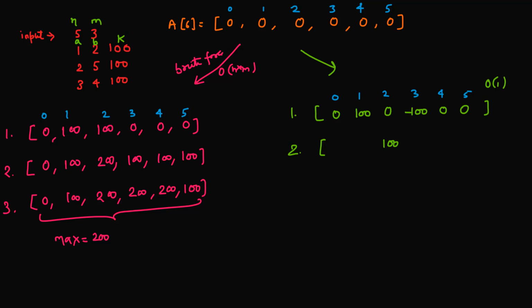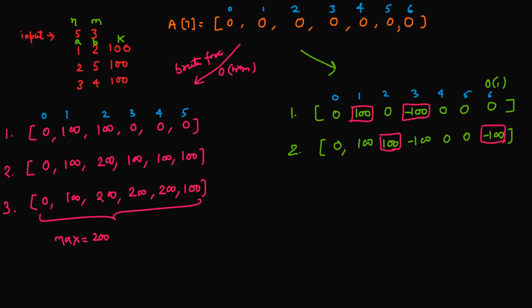So let me just modify this. Now this array is of size 7. Now we have to add 100 at the second index, and minus 100 at the 5 plus 1, 6 index. So we are adding minus 100 in this. The rest will remain the same. Whatever was there, I am not changing anything. I am just modifying only 2 indices, basically 2 and 5 plus 1, 6. I am just highlighting what I have modified. First I modified this and this. In the second query I modified 2 and this.